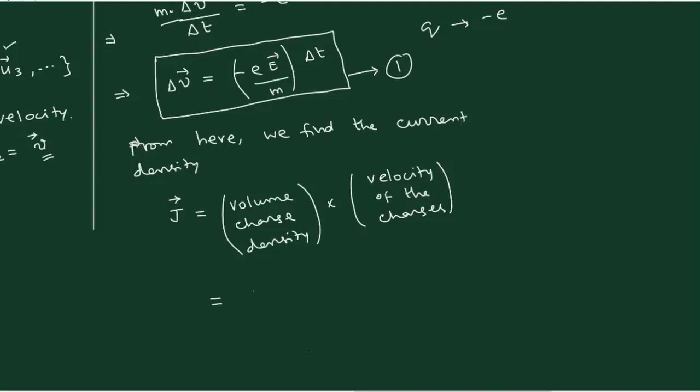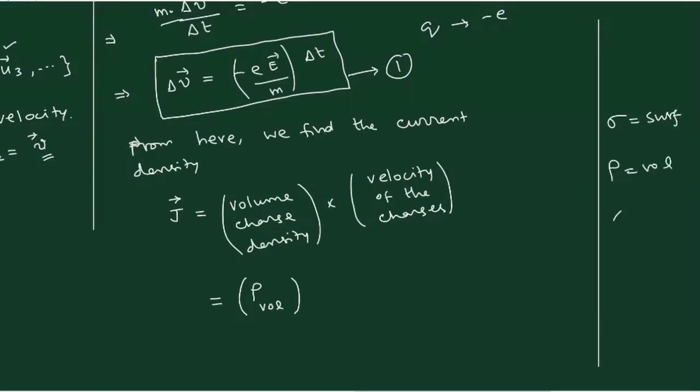The volume charge density is generally denoted by rho, and for convenience you can write VOL, meaning volume, though generally it is not required. Why is it not required? It is a tradition that sigma means surface, rho means volume, lambda means linear, on a line. This is a standard tradition. So by looking at the symbol rho, you have to tell that it corresponds to the volume.